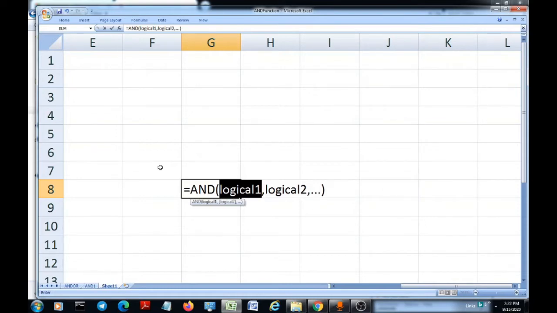It can hold 255 conditions in one formula, and for the function to return true, all the criteria in the formula have to be true. Then only it will give an overall result as true. This particular uniqueness can be used for day-to-day problem solving.